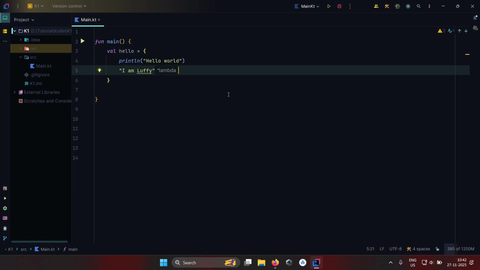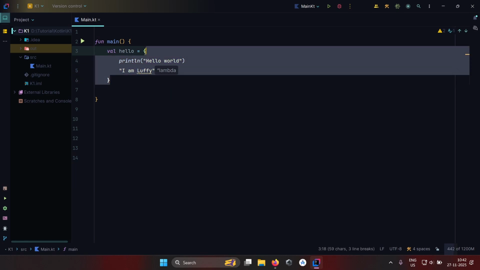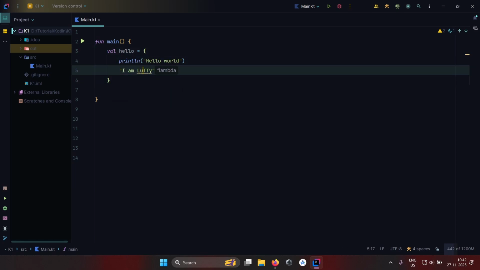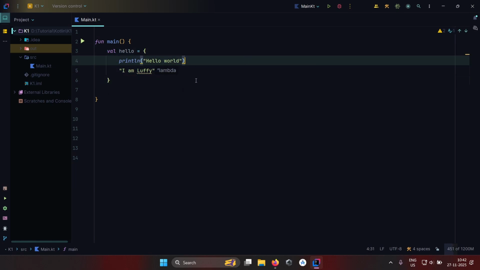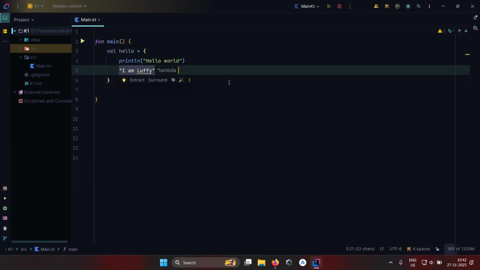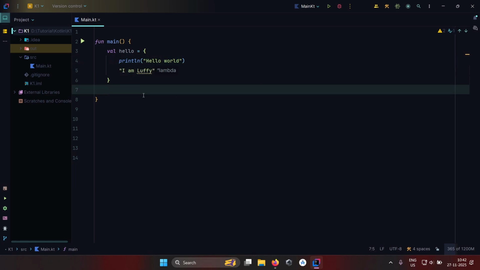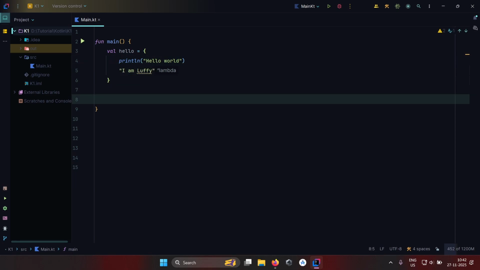We return something from a function, so this string will be returned from this lambda. Whatever data type is written at the last line of this lambda, that data type is returned. So now if I store it somewhere like name equals, and